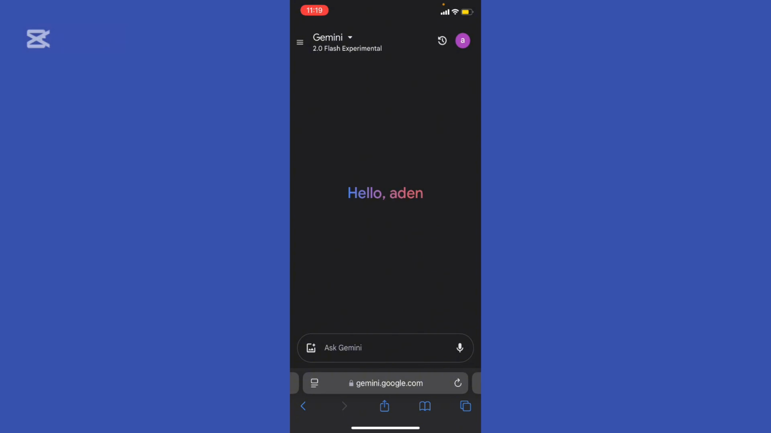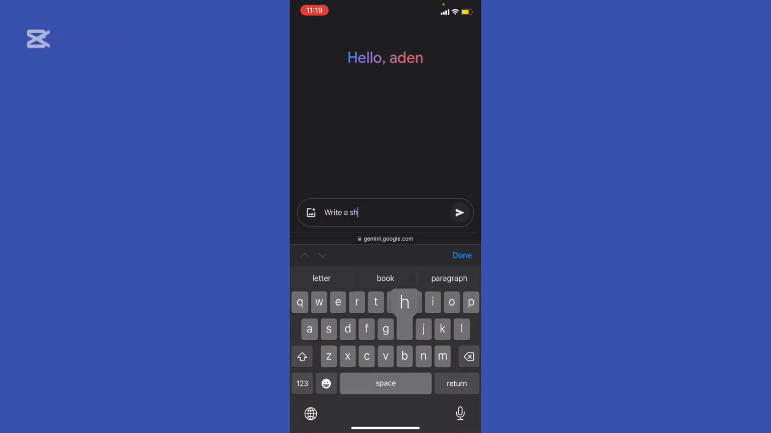So the first step, provide Gemini with a creative prompt. For stories, you can specify the genre, characters, setting, and tone. For poems, you can provide themes, emotions, and stylistic preferences. For example, provide your prompt now with Gemini 2.0. Right? You can just type write a short